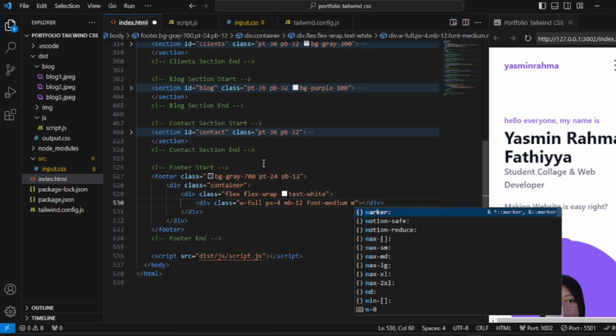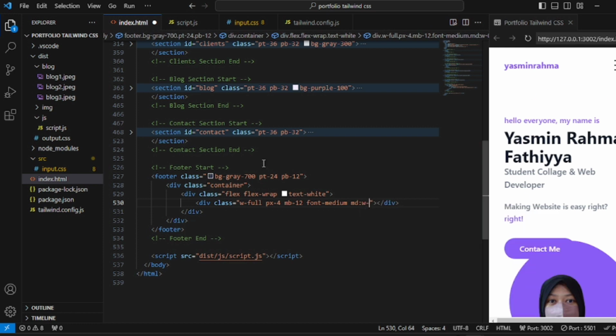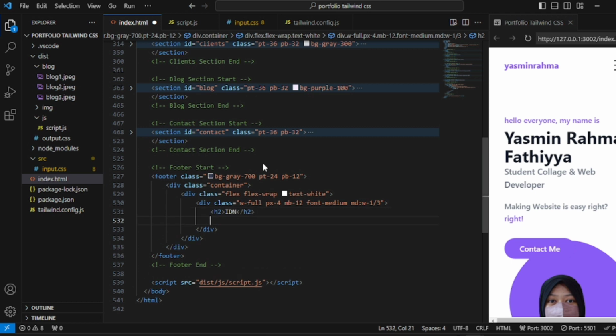And then if it's medium, the width is 1 slice 1 3, and then we'll make h2, and then just type IDN. This is my campus, my polytechnic,